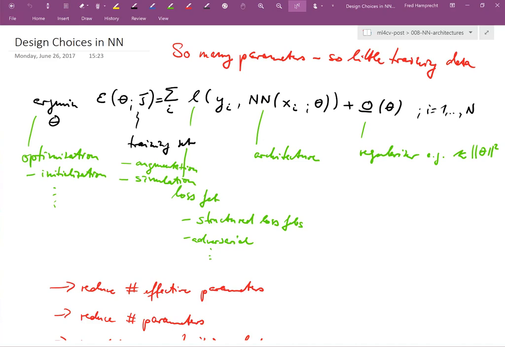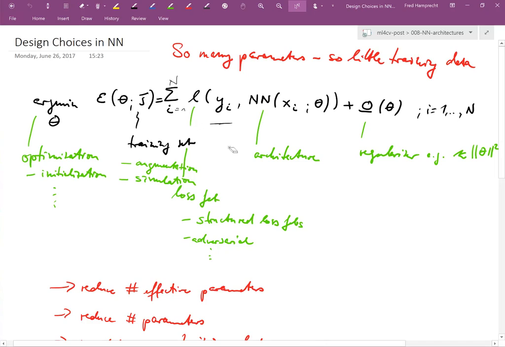This is usually left out or not written down explicitly because we just have one training set, and so people don't bother to write it down. But the influence is there, and one consequence is that we can try and augment this training set if we find it to be too small. Then we have a summation over all our points in the training set. Let's say we have capital N points in our training set, and then we measure the loss between the